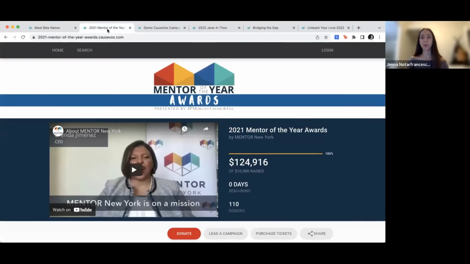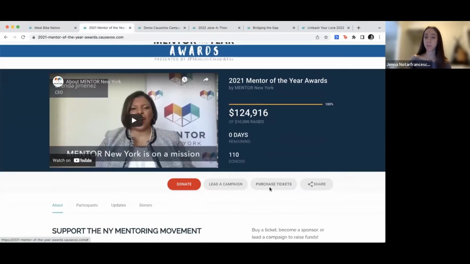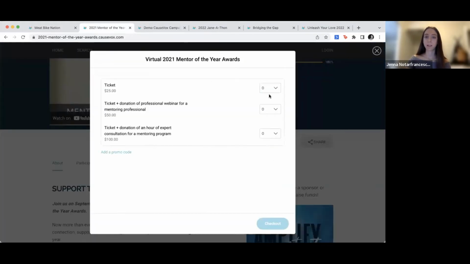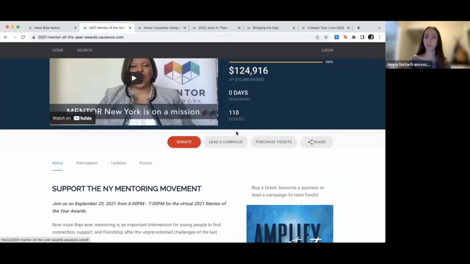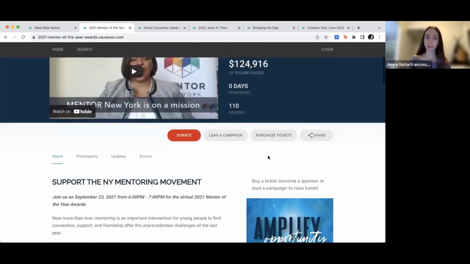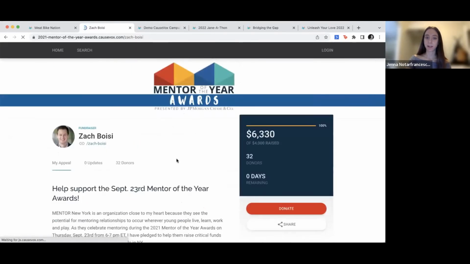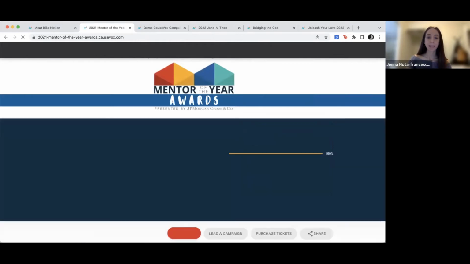Here's a quick look at a campaign homepage with pretty much all of those components except the ticketing. But if you wanted to do a campaign that included peer-to-peer and ticketing, here's one example. Your purchase tickets button is included right in the same area of the CTA where your donation form is. And those peer-to-peer pages are also listed here. All right, so this is a quick walkthrough, and I'm going to hand it back to Rob.